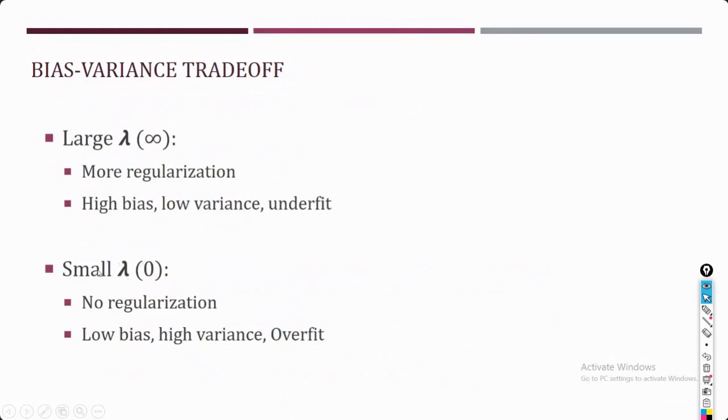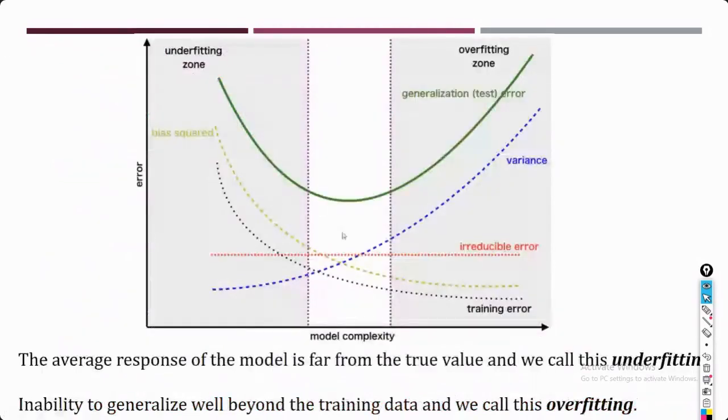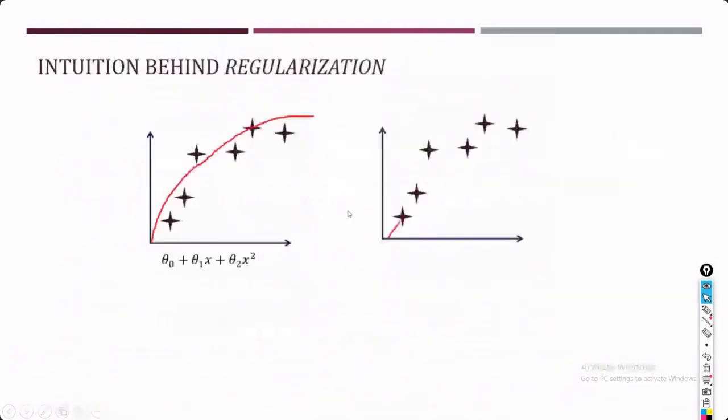And if you are not applying any regularization, and the model is a complex one, it will still be a complex model. So this will lead to your overfitting case. So I need to adjust the value of lambda in between, so that it should not be the overfit, it should not be the underfit. Basically, I want to be in this region, not in this one, not in this one, and that we are going to control with your regularization.